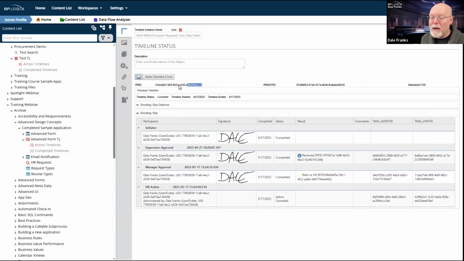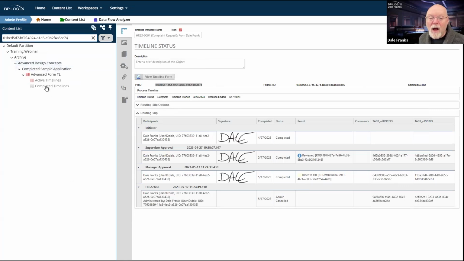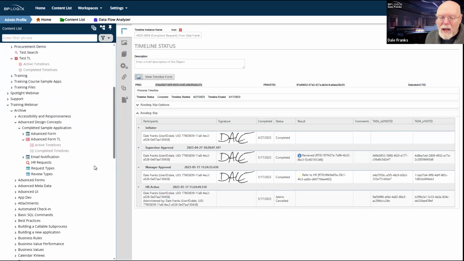And by the way, if I have this, like my process ID, and I search on the content list, it's going to find my process because I can use the GUID for the process, the ID. I can do a search by object IDs in the system. That's just an extra cool little thing, but I do find it useful. And so when I'm in debug mode, I can grab all of these IDs and it's just going to show me all of that information.